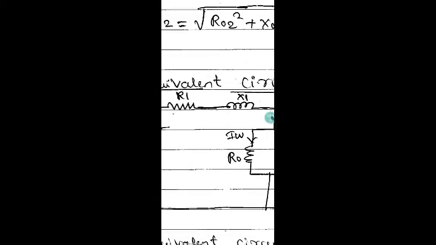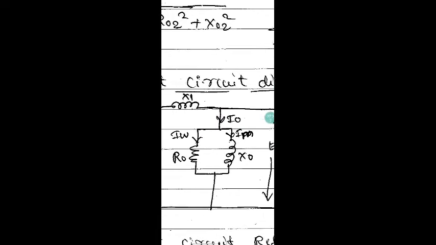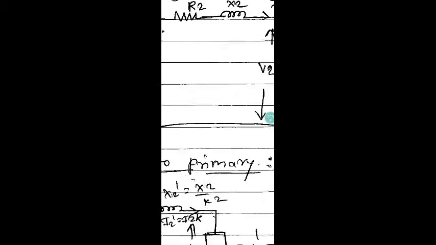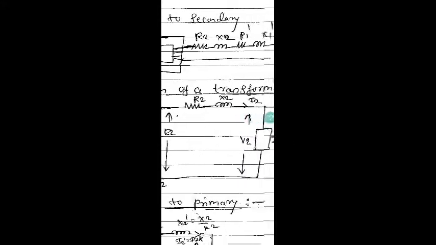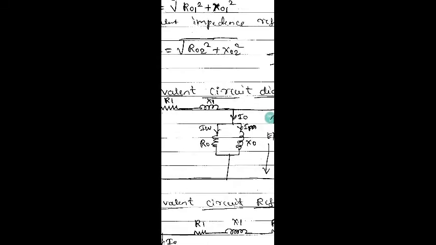See this. These are R1 and X1, which you have to keep as they are, and this R2, X2, send them to the primary side. In this diagram, see here, R1 and X1 I have kept as they are. This R2 and X2 from the secondary side, I have shifted them to the primary side. You can see this R2 and X2, which are at the secondary. I have sent them to this primary side.